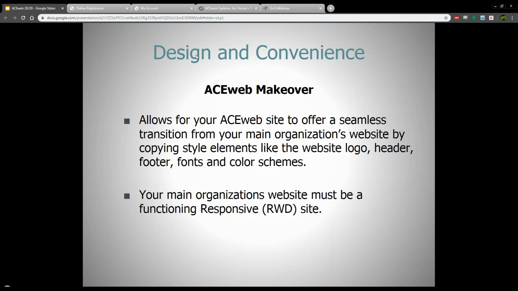And then finally, one of the most important things is you want to make sure that your main site that we're going to be using as the model for the ACEweb makeover is current, is up to date, and is a finalized design. If you know that your main site is planning a revamp or something in the future, you want to wait until that is done before you initiate the ACEweb makeover, because this is a one-time type of